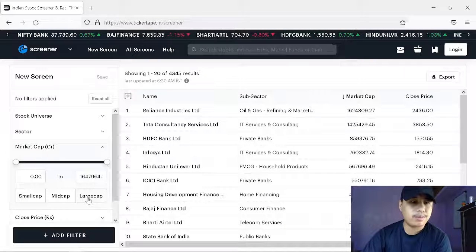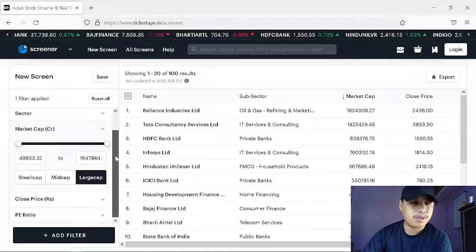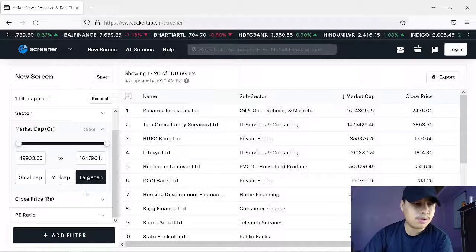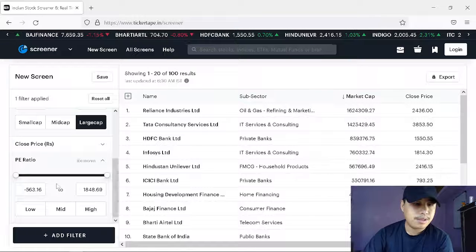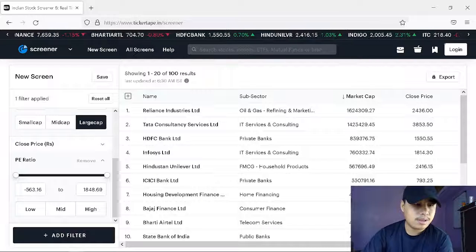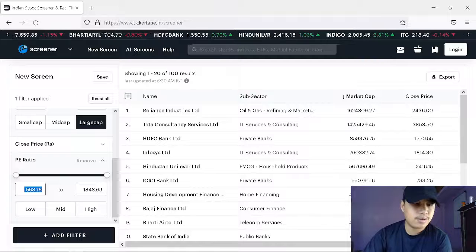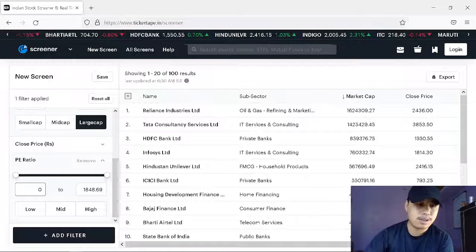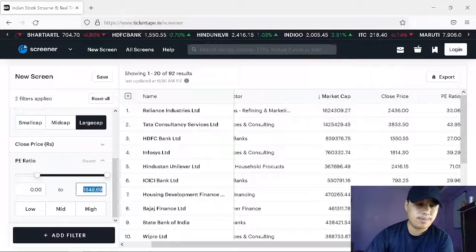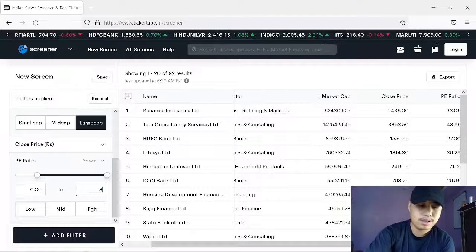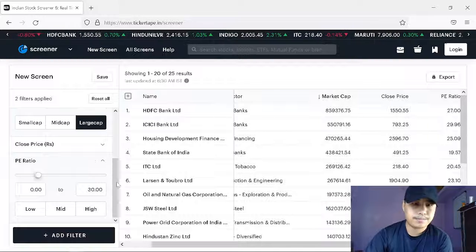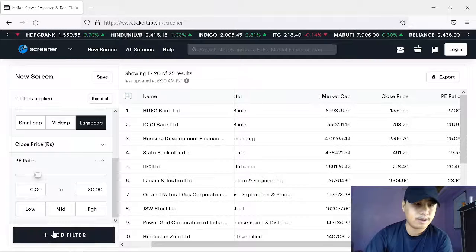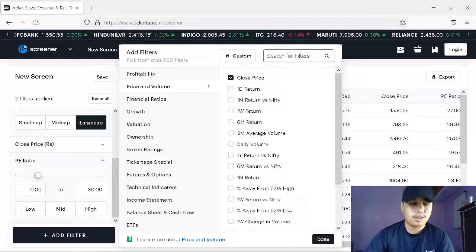So our market cap will be large cap, which is above 49,000 crores, and then the PE ratio, price per earning per share. Here I'm going to put 0, and my PE max will be 30, because it is better. After that I'm going to add one more filter, that is alpha,